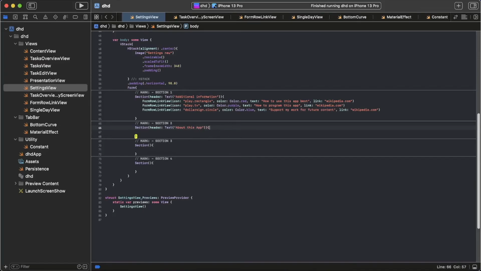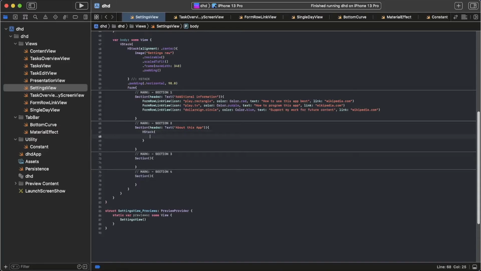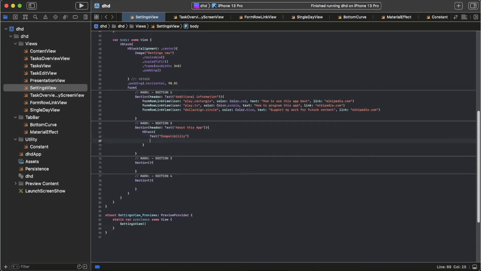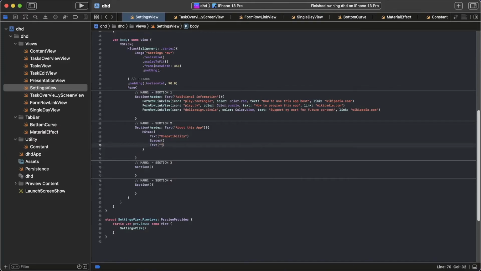Okay, so in between we go for an HStack, open brackets, enter, Text, compatibility, then we go for Spacer, so left to right, left element in the middle, then here comes the right element, Text,